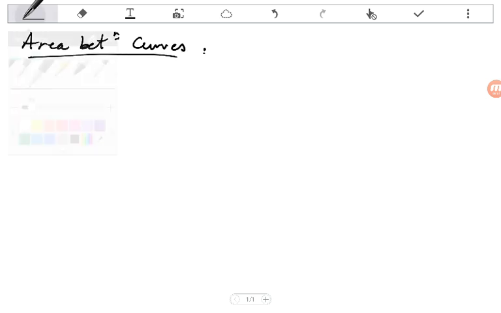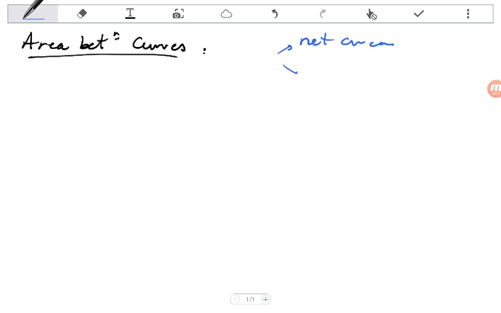Okay, our lesson in integration today will be on finding the area between curves. Area between curves as an application for integrals. We studied before two concepts, which were the net area